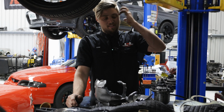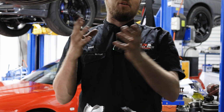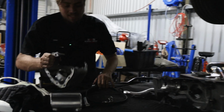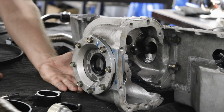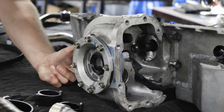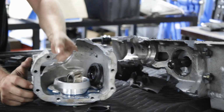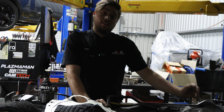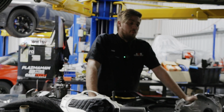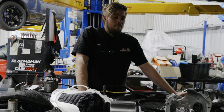A bit of a common weak spot with the GTRs is the front transfer cases. They're cast, so the front diff is integrated with the sump. This is a GTR sump, and this is what's left of his front diff. It is meant to be part of that casting, and it's all cast aluminium, and obviously you start putting a lot more power through the front wheels and sending a lot more power to the front drive. Those stresses go somewhere, so the cast aluminium starts to warp and do some cool little things, and then it explodes. The second or third hit of the night in Sydney, put it up on the big tune. I think he did a hit on the 800 tune, and then went out on the big tune and went first, second,